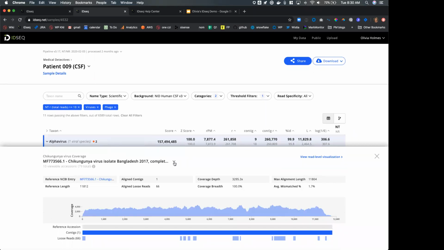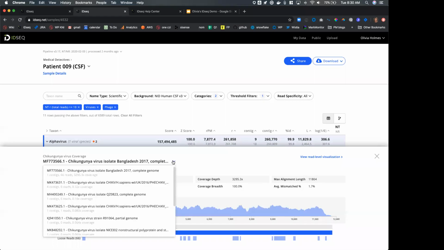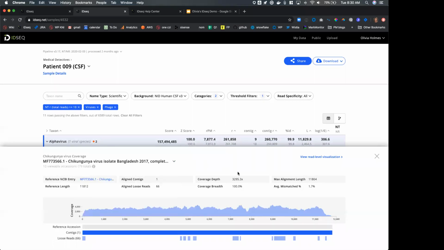And actually, if you click on this down arrow, you can switch between different accessions as well. We do have the ability for you to go in and look at the read level visualization if that's something that you're interested in, or we have links out to the NCBI entry for this particular accession. And you can start to see, in this case, this is extremely good coverage, but this is where you can find the coverage depth and breadth